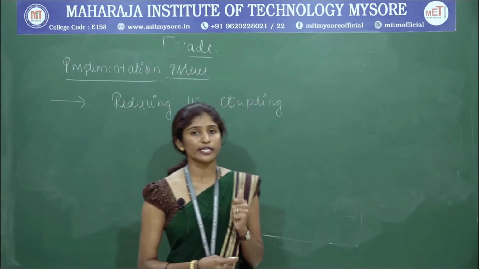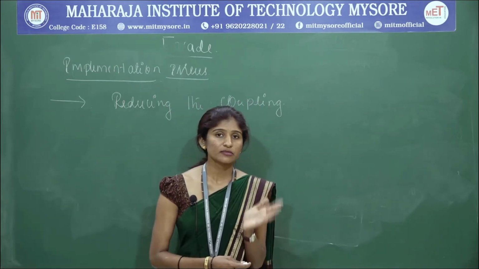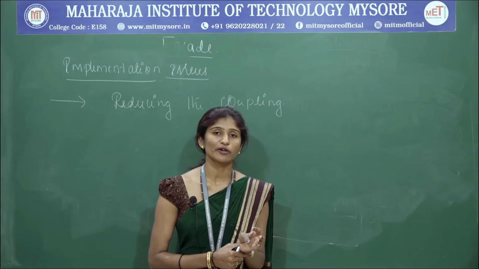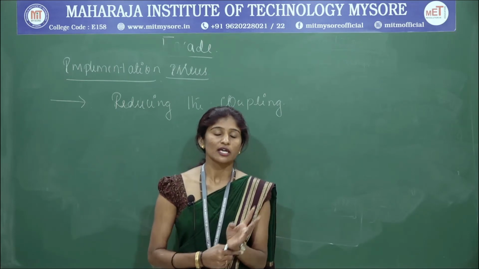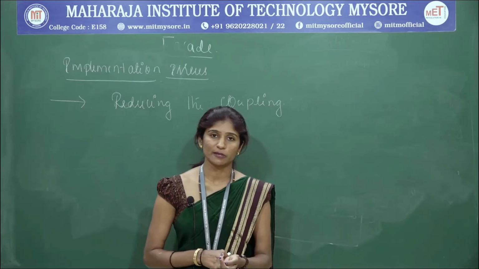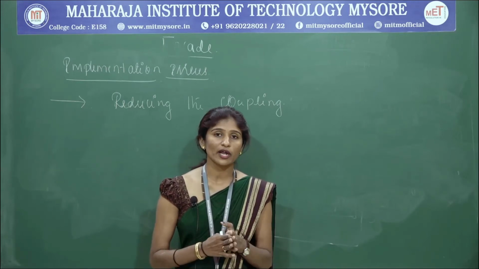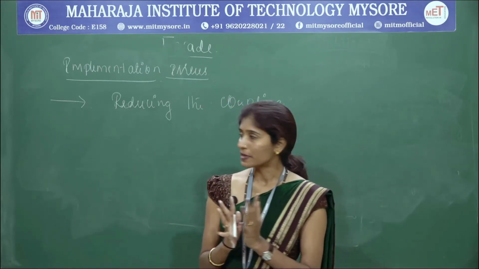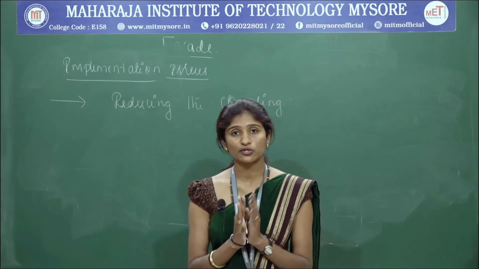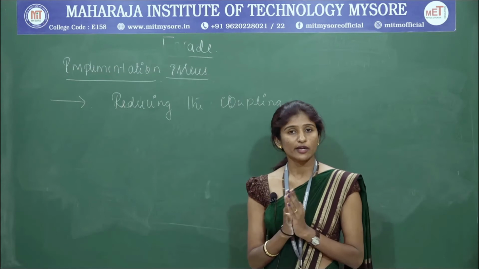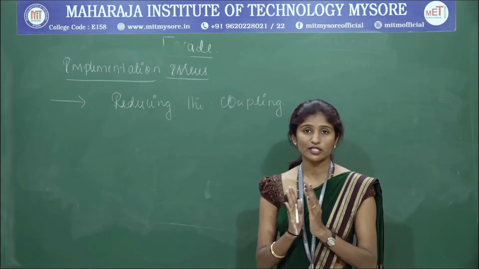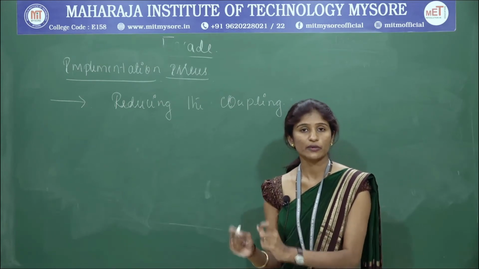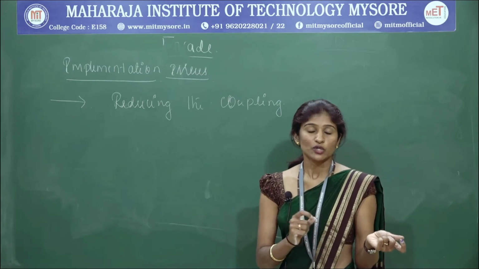When you are reducing the coupling between the client and the subsystem, it is going to be efficient. There will not be a dependency between the two classes, the client class and the subsystem classes. You need to write the program in such a way, keeping that in mind. So you should enable less coupling, and not have too much dependency. When you follow 100% dependency, then it becomes a tight coupling. In that case, for each and every activity, the client needs to access the subsystem and the subsystem needs to access the client. It will be like that.